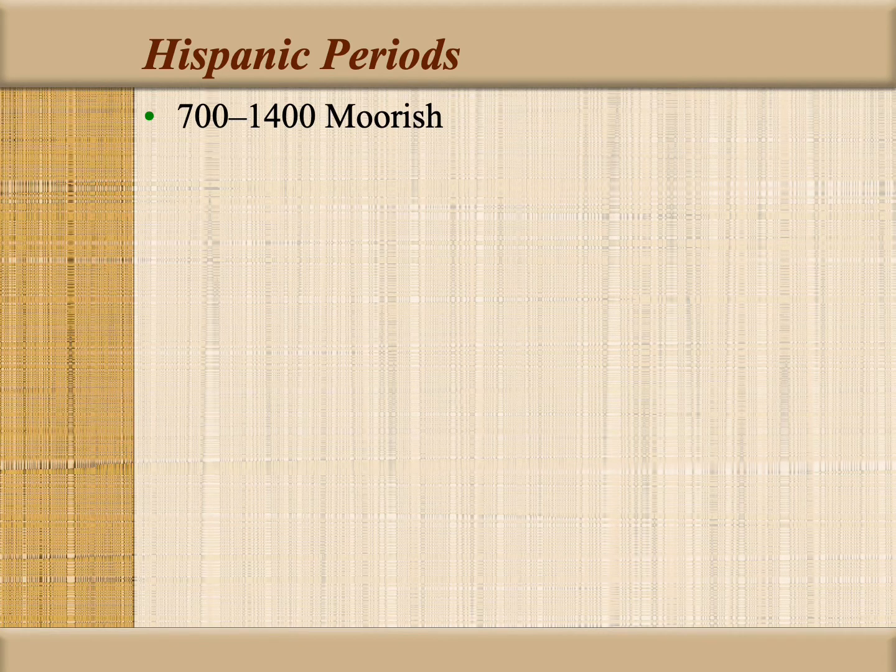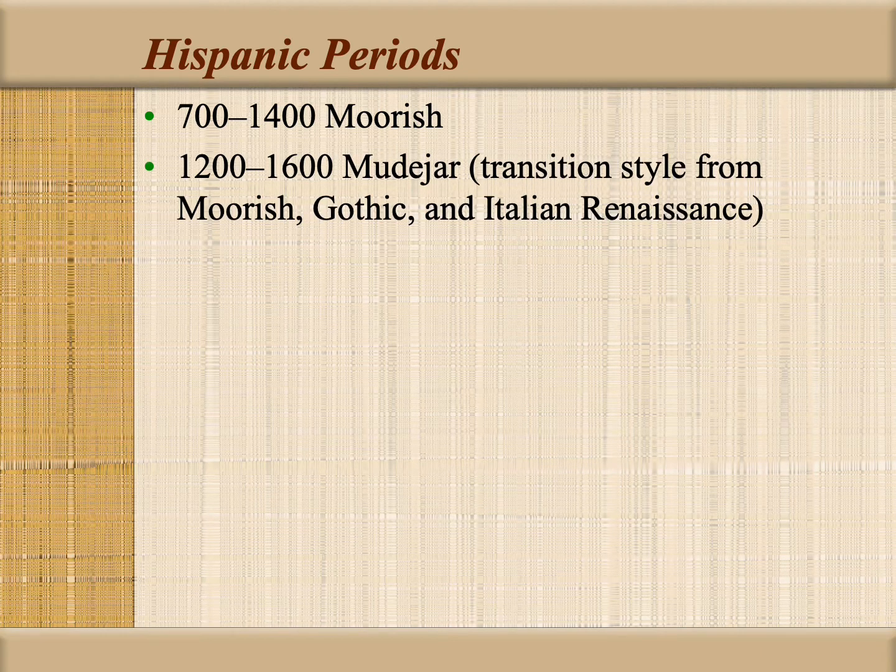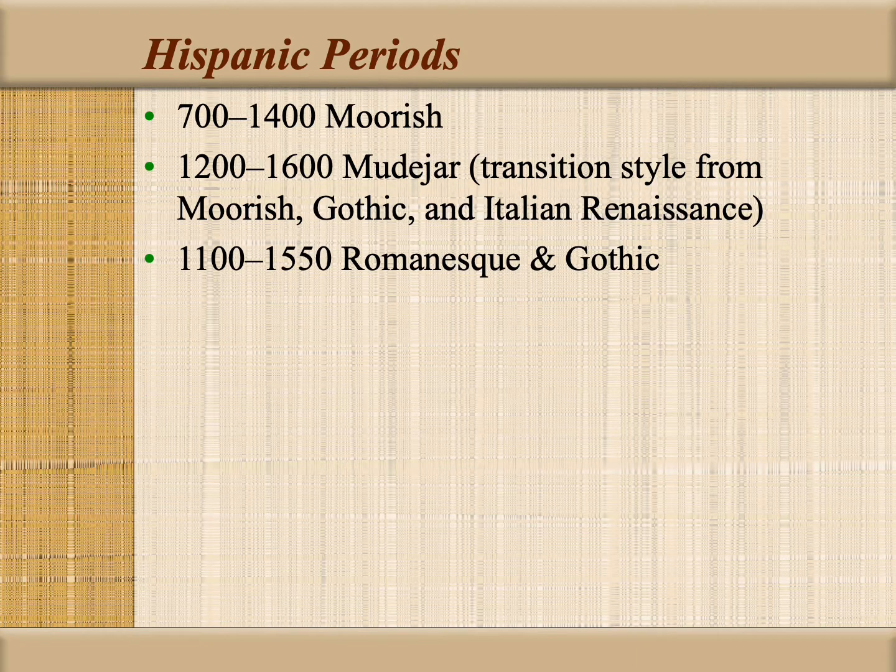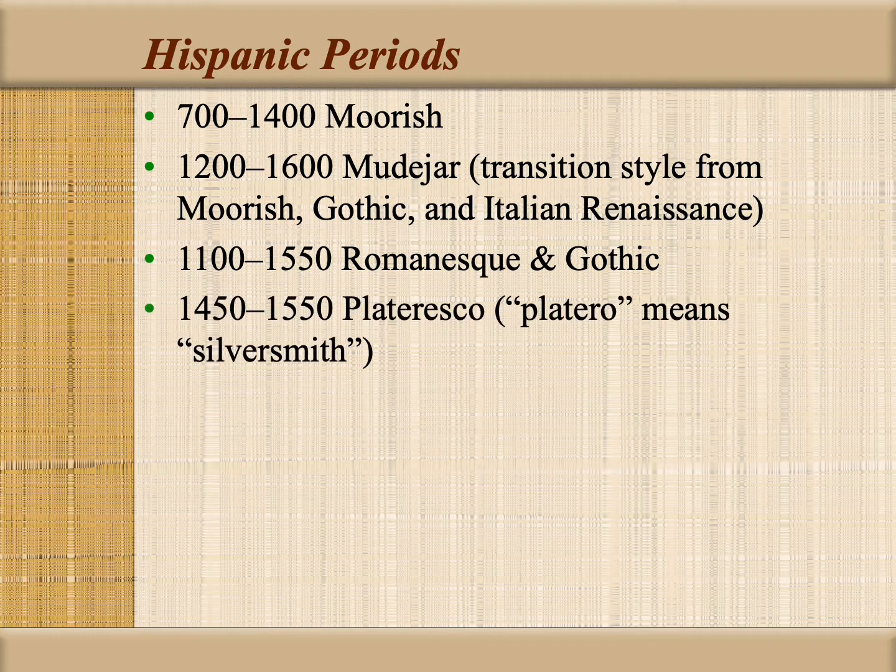So from 700 to 1400 CE, we're going to see the Moorish style. From 1200 to 1600 CE, we see the Mudéjar style, which is the transitional style from the Moorish Gothic and Italian Renaissance. From 1100 to 1550 CE, we see the Romanesque and Gothic styles make an appearance just alongside the Romanesque and Gothic styles that we've studied before. And then in 1450 to 1550, we see the